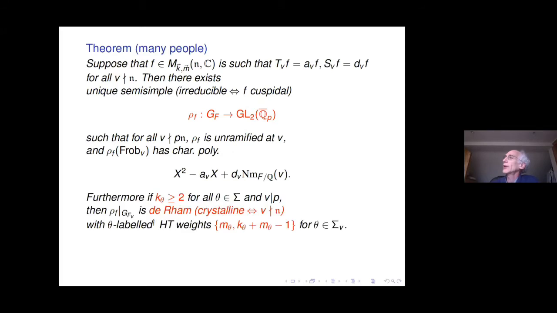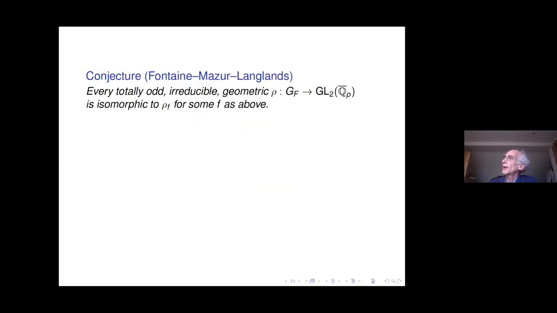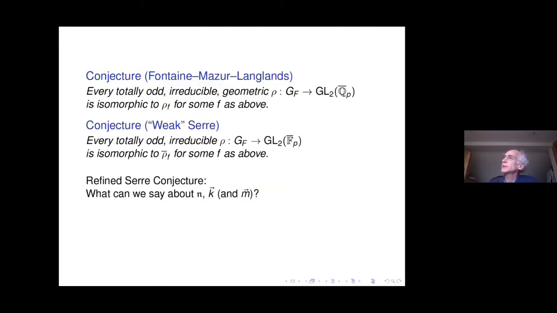And one can associate Galois representations to eigenforms. So these will be 2-dimensional p-adic Galois representations of the absolute Galois group of the totally real field. And the Fontaine-Mazur-Langlands conjecture predicts that every totally odd irreducible geometric 2-dimensional p-adic Galois representation of GF